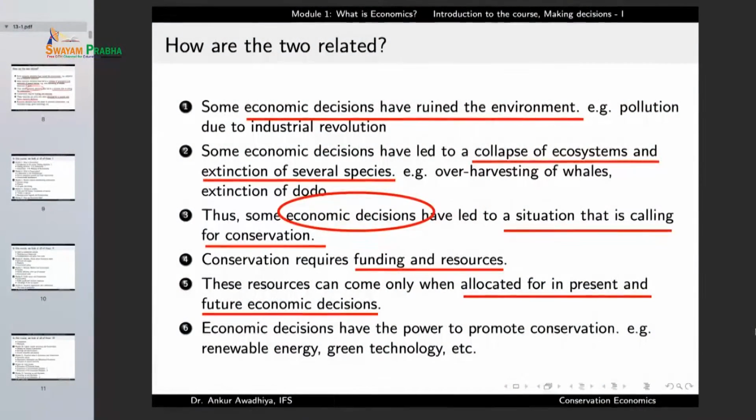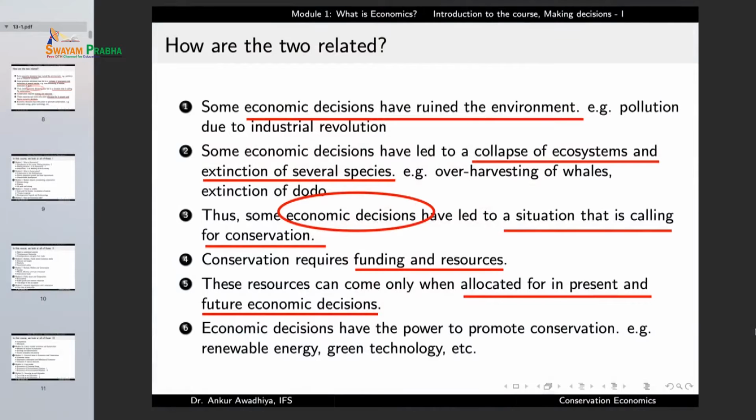Or if the conservationist is feeling that a certain economic decision is going to be very bad for the environment, and probably his economist friend does not know about it, then it does not do any harm to just sit with the economist and tell the economist that okay, if you do such and such things, there will be such and such repercussions. A lot of solutions come out through dialogue, and which is why it is now very important to understand both economics and conservation and their interrelatedness.